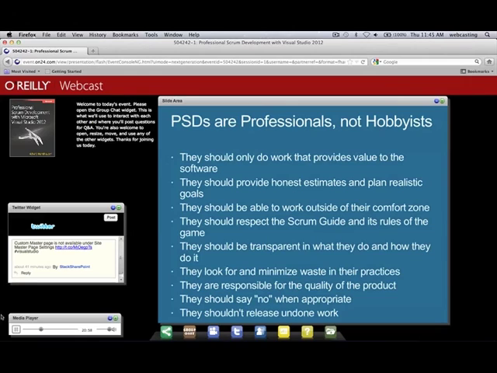Nothing beats in-person collaborative conversation. And any tools that try to make that more valuable because we can persist it or we can remote it across the wire, in my opinion, that's waste. Now, if you do have a distributed team and there's no other way for them to look at the same picture at the same time or get feedback, then yeah, these are good tools. But those are the kinds of things that professional Scrum developers should start to do, is sort of grow a nose for what smells like waste.